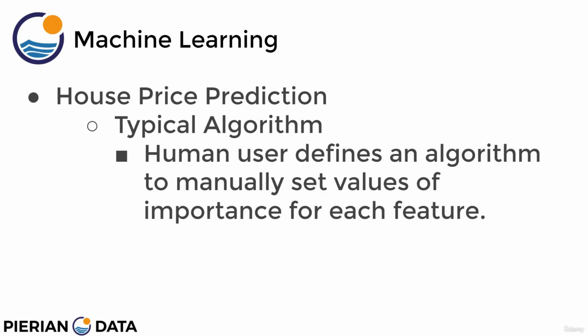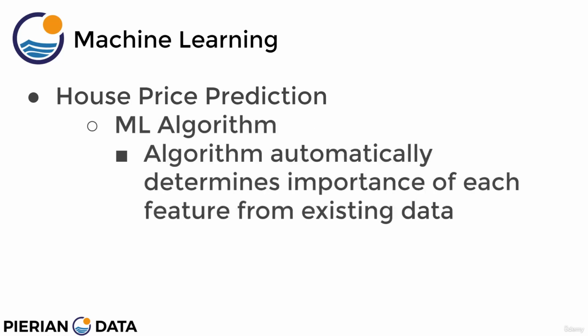And so you'd have to have a very detailed and complex algorithm all defined by humans for set values for each feature. Now luckily, we can actually improve on this through the use of machine learning algorithms, where a machine learning algorithm will automatically determine the importance of each feature and how they are related to each other just from the existing data. This way, a human no longer has to manually assign the importance of each feature in the dataset in order to predict a label. The machine learning algorithm is going to use statistical methods, which we're going to learn about throughout the course, on determining the importance of each feature in order to predict the label.